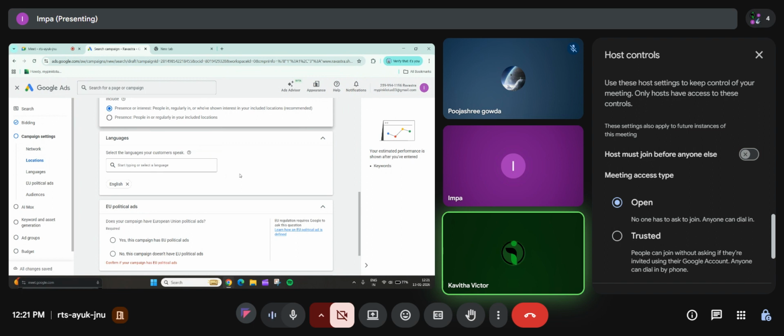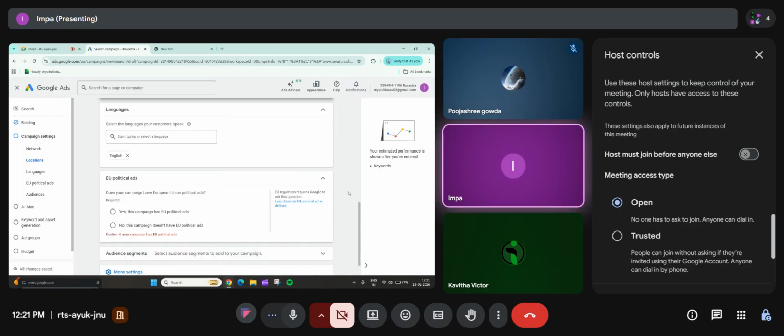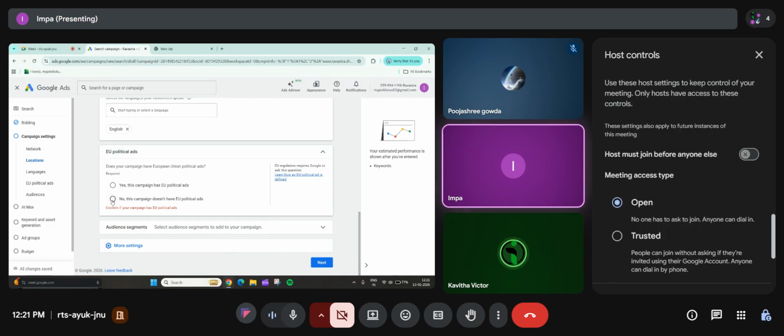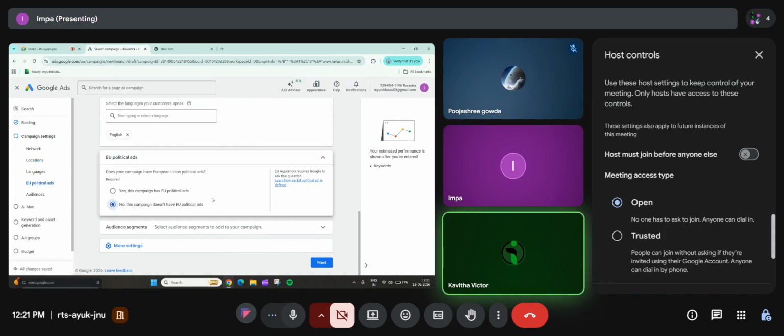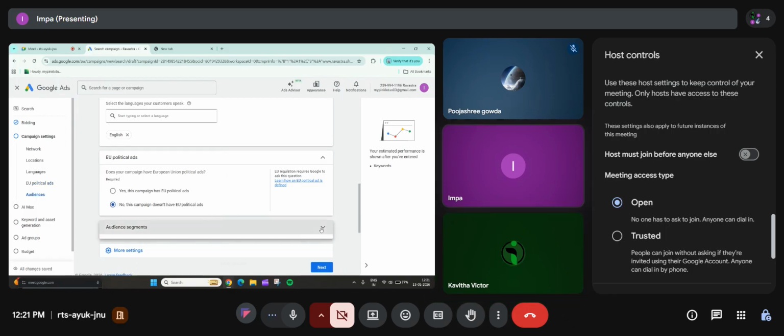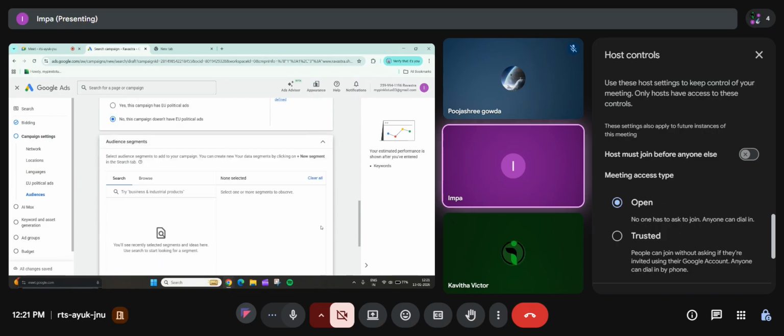Okay. And does your campaign have European Union political ads? Yes or no? No, the campaign does not have EU. Okay. Now click on the audience segments drop down, scroll down.